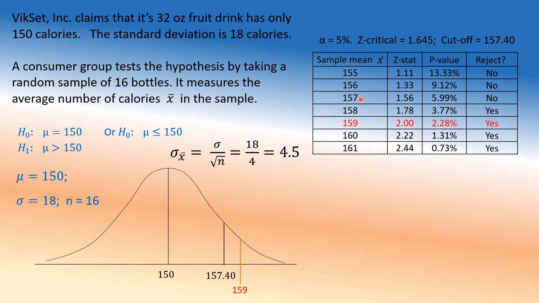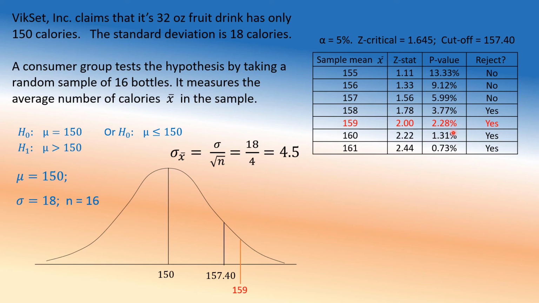Now in literature, typically what we do is we report the p-values. So suppose you read an article which says the p-value was 1.31%. Now you know exactly what's going on there. Based on what they found, the probability of that is only 1.31%. You can decide if it's low or high. That's your job. We don't need to worry about what the z-score was, what the cutoff was, what the mean was, nothing of that sort. It's simply 1.31%.